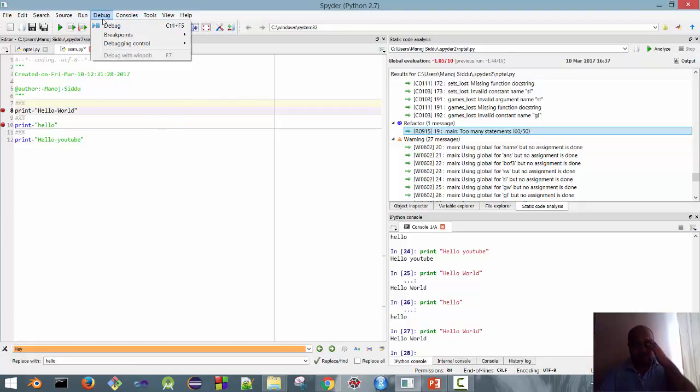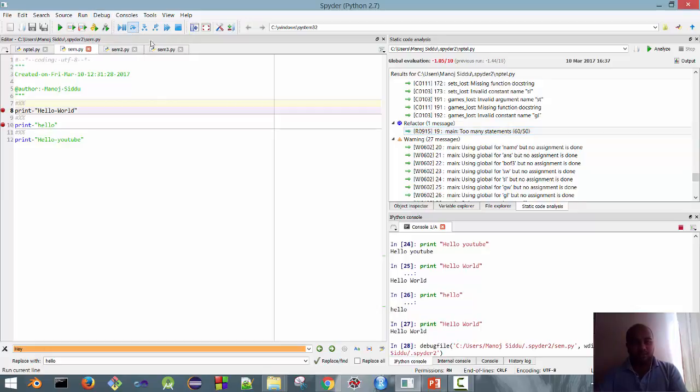So next is debugging. Whenever you have an error in your code, in your program, or in whatever file you are writing the code in, you can use the debug option to run. These red dots are called breakpoints. What this debug option does is try to run the file until it encounters a breakpoint. So let's test this. When you click on debug,